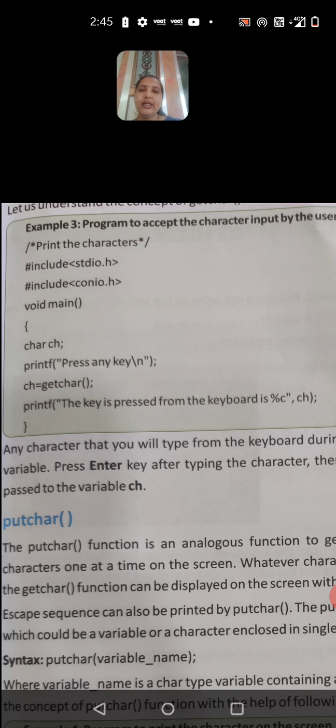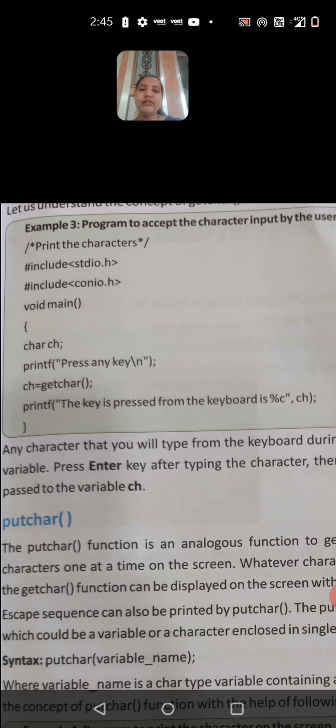Here, similarly, header files: #include <stdio.h>, <conio.h>, void main. Here they have declared a data type called char, and the variable is taken as ch. Then they print with a printf, "Press any key", then ch equals getchar(). If you write like this, we directly get the value of ch, whatever value we give, and it will be printed on the screen.